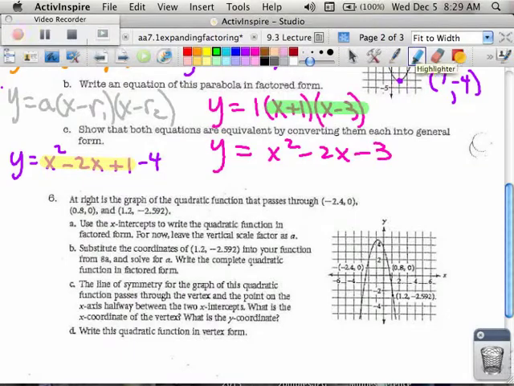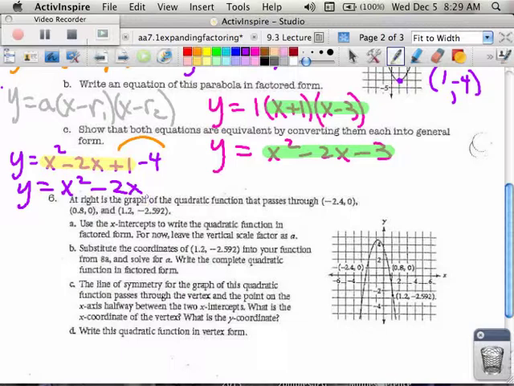What did I forget to do in the purple? Combine like terms, thank you. So I need to combine like terms. I see that these two things are both number things. So when I put them together, I see y equals x squared minus 2x, and 1 minus 4 is minus 3. And what they want you to understand is that the pink and the purple, no matter which form I wrote it in, to